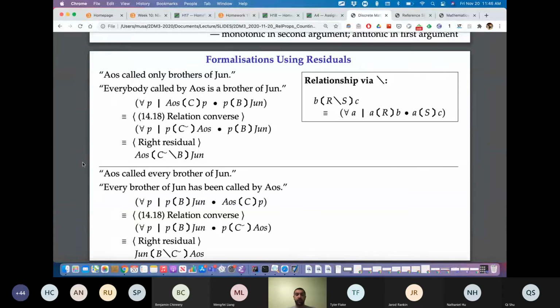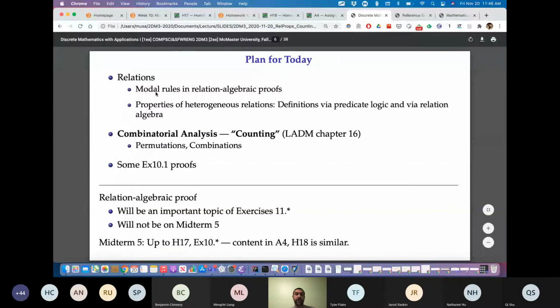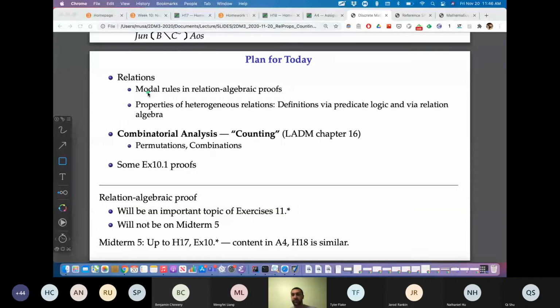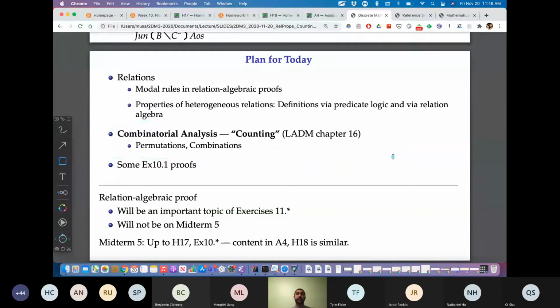The slides have been posted, so I'll leave the other example alone. The plan today is to finish up with relations. Yesterday we began with the modal rule and Dedekind, and we hurried through it. I said I'll come back to it. I don't want you to miss out because I'm in a rush. So we'll come back to it, and then we'll move on to combinatorial analysis. And this will be the end of the term, I suppose, when we wrap up with combinatorics, the theory of counting. How do you count? Does it count? If it counts, does it matter? There are a lot of puns involving counting.